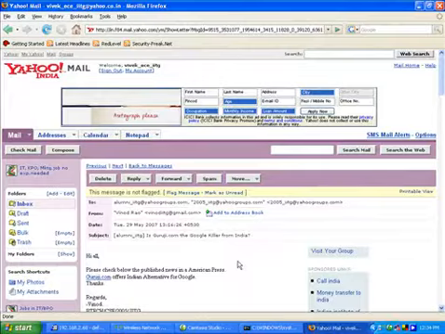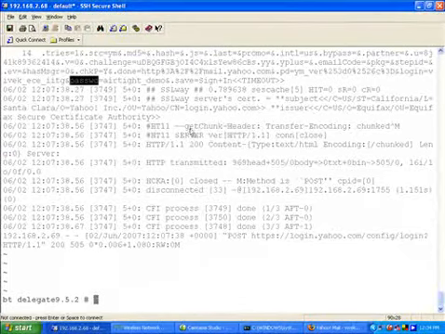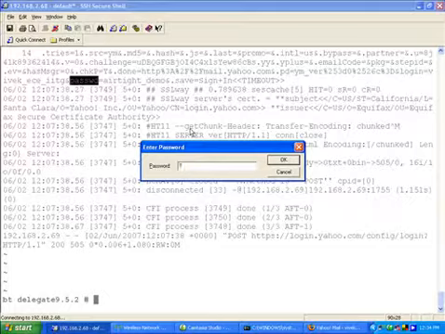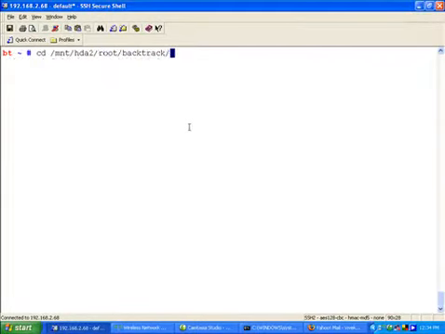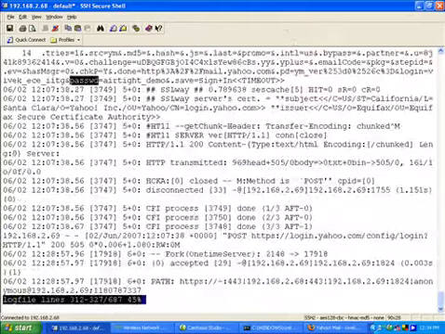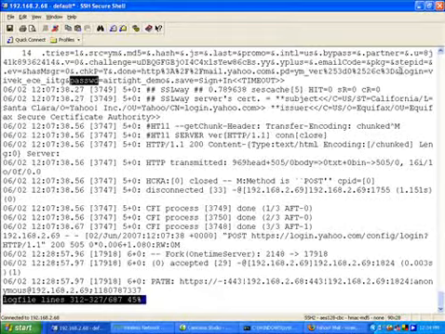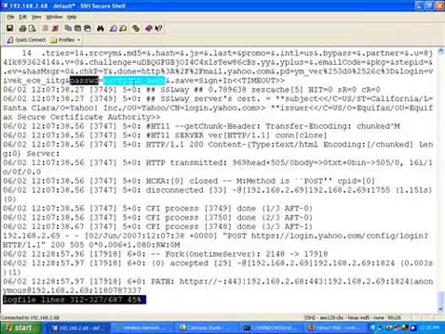Now let's actually see how the hacker has already tricked the user into revealing his password over SSL. Now we try and log into this machine called 2.68 and this is the hacker machine. Then we change directory to the place where our tool is running, right? And we go ahead and look at the log file which it has generated. Now let's search for the string password. As you can see here, the login is Vivek_EC_IITG and the password is airtight_demo.